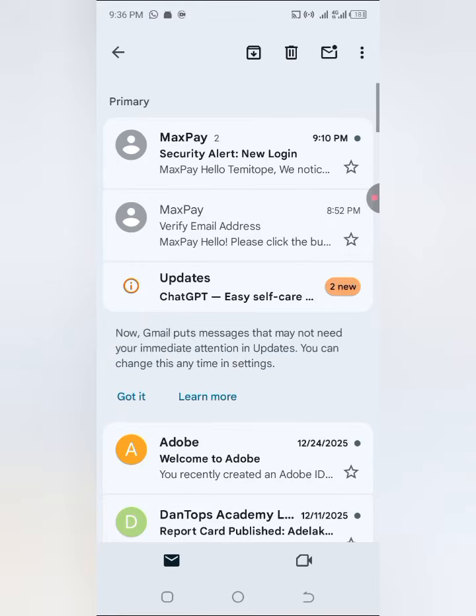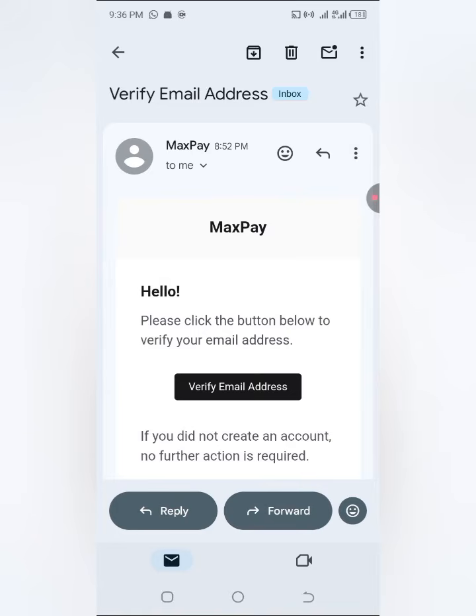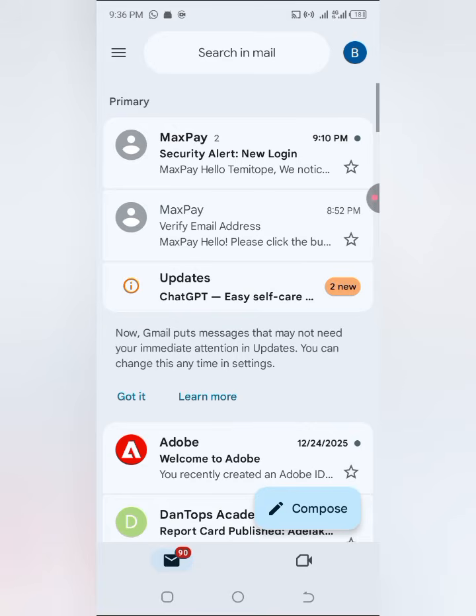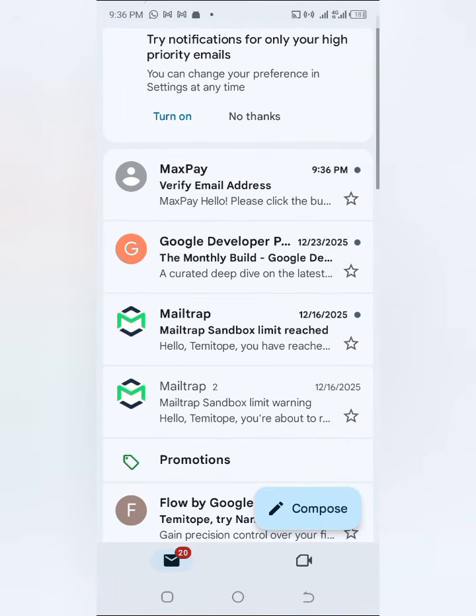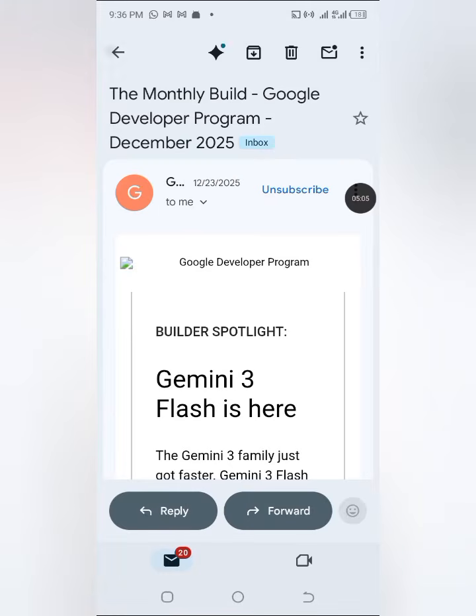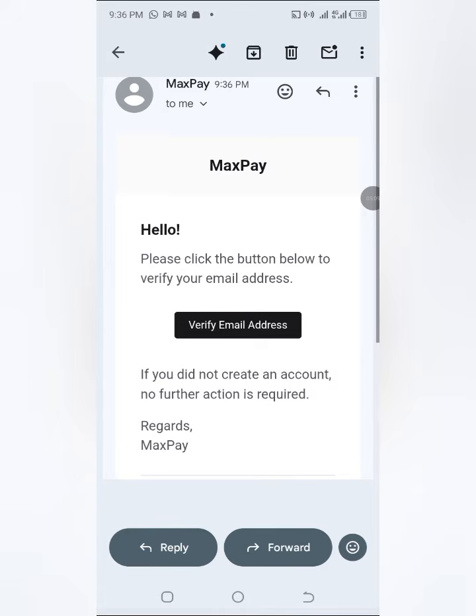So let me just go into my account. I'm going to blur this because these are my personal stuff. So I'm just coming to the mail that I use. This is the mail that I use, and you can see that the mail has come from my DM, email verification. So I'm just going to tap on it to open it, and I'm going to tap on verify